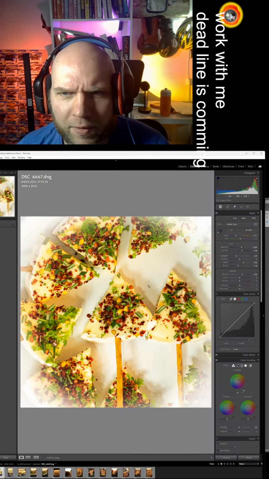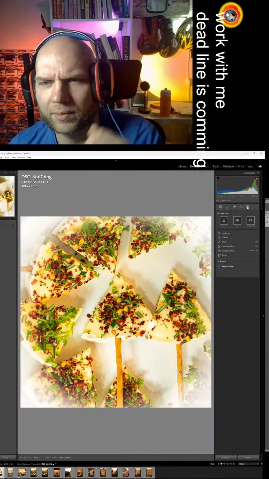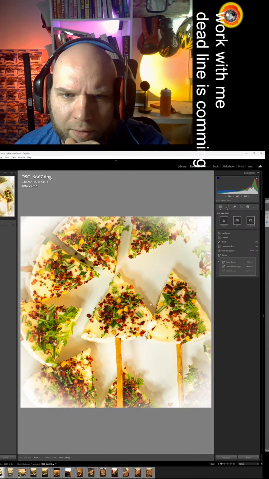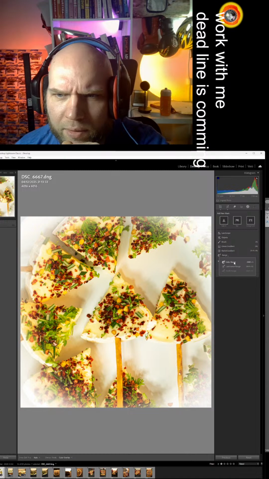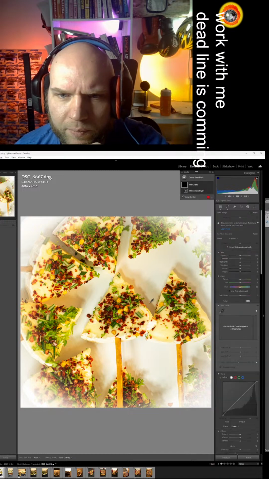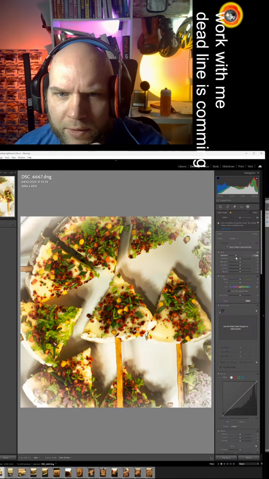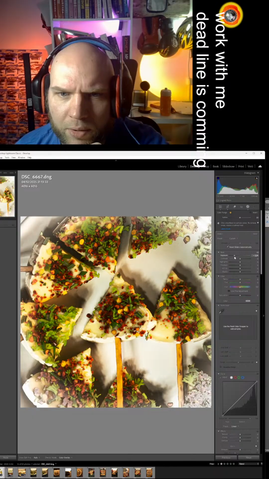And I would see over here, that might be difficult to do in Lightroom, but I would see over here darker shadows. Color range, this one, let's select our color range and let's reduce a little bit the exposure.